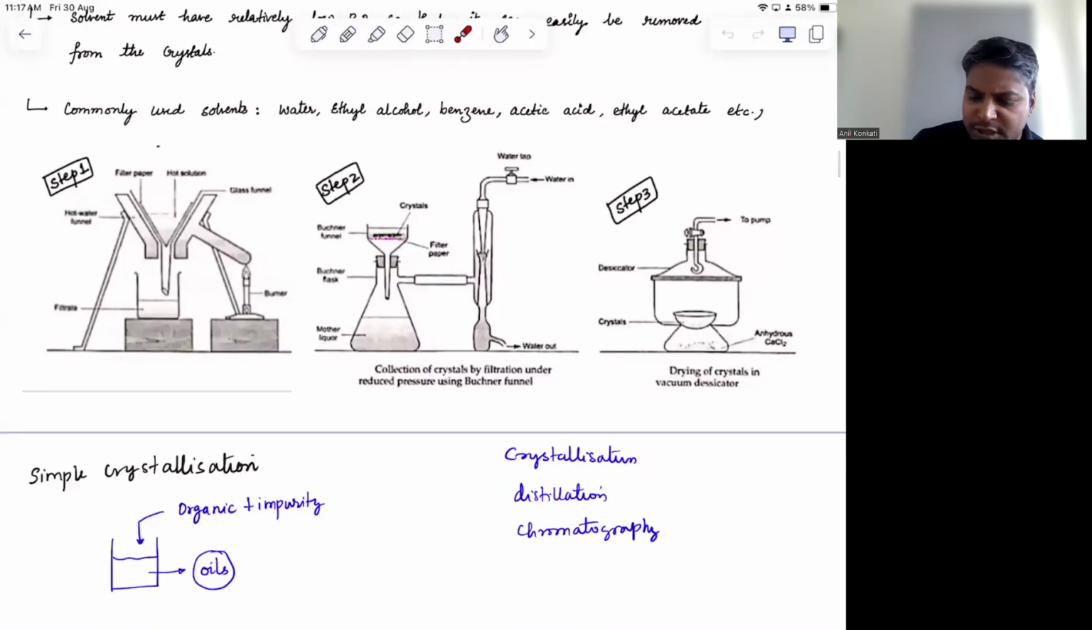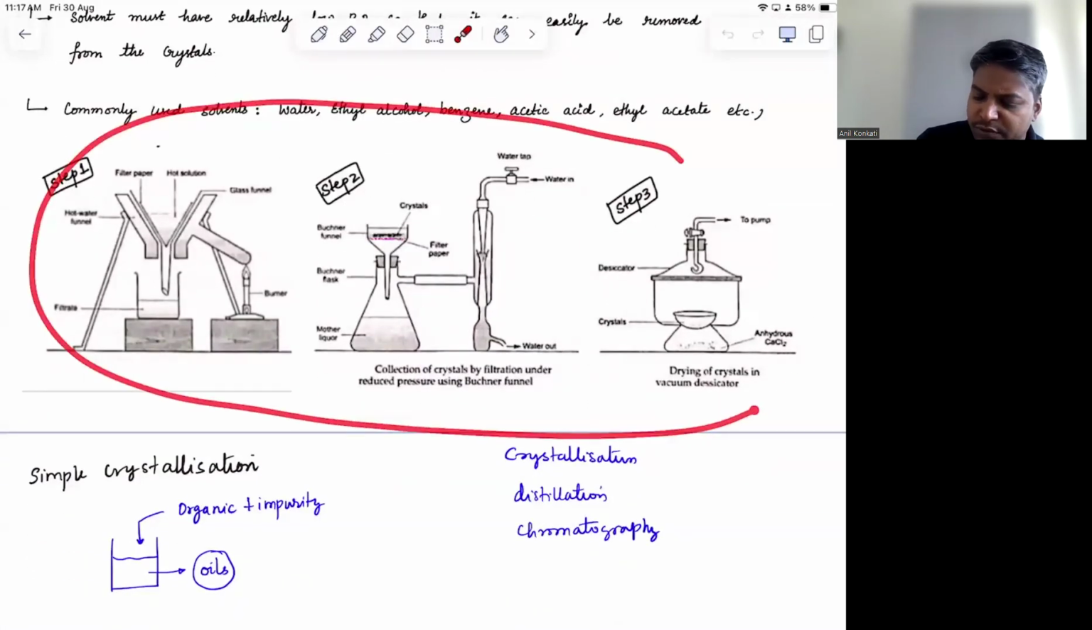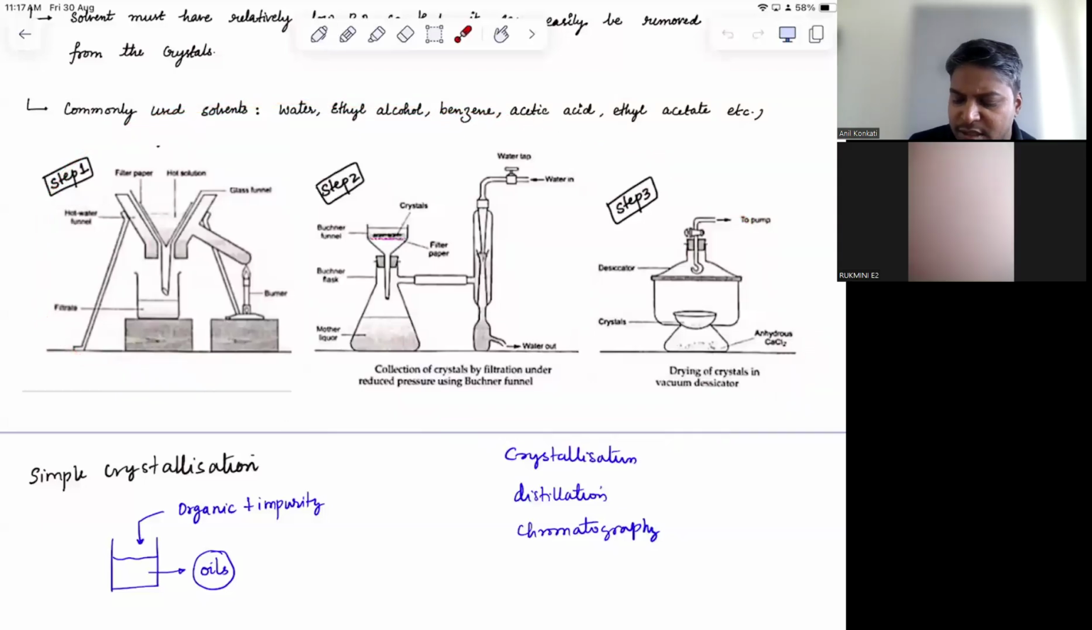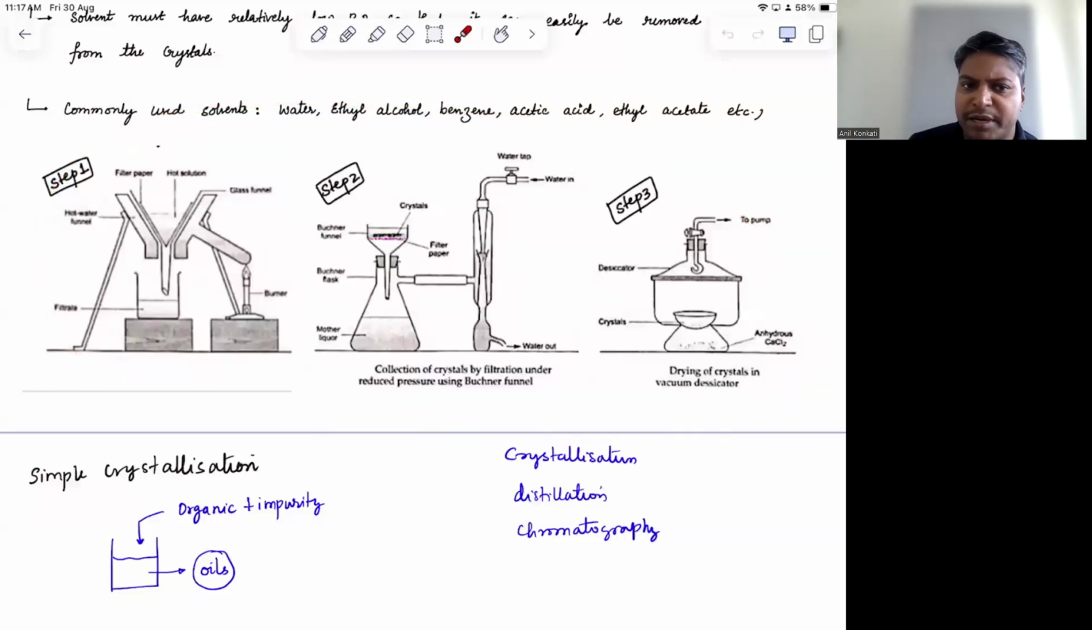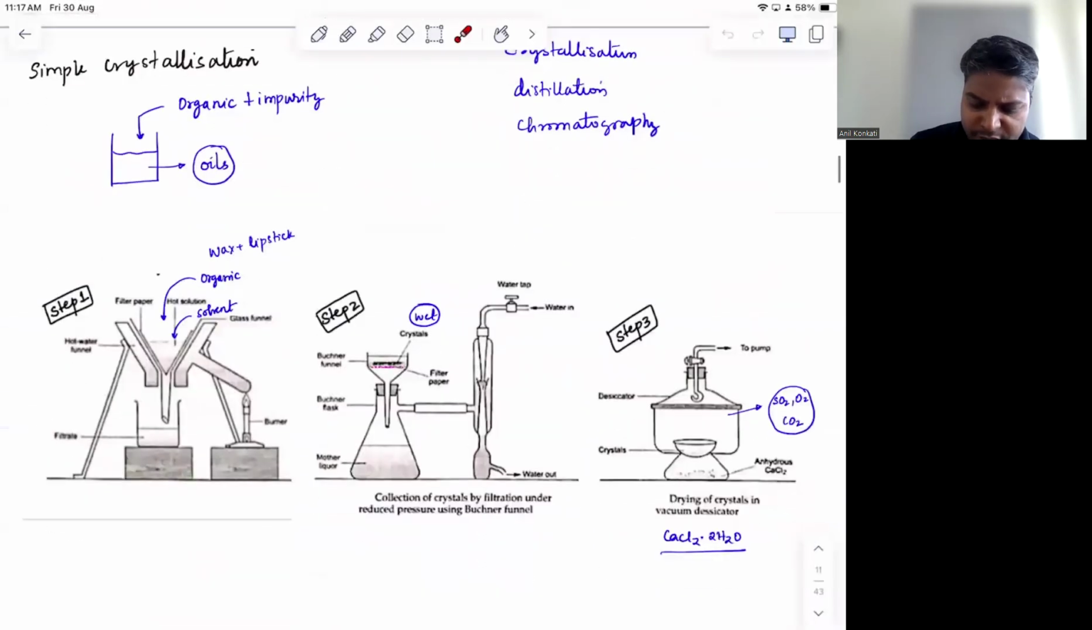I don't think this process requires a lot of explanation in terms of how the steps will take place. It's pretty much self-explanatory, so I'm not getting into too much detail on that. Next,